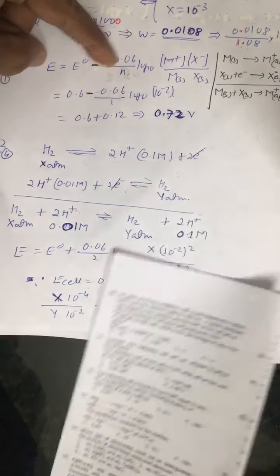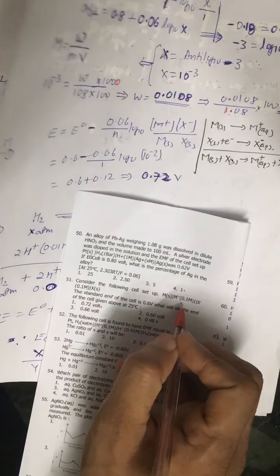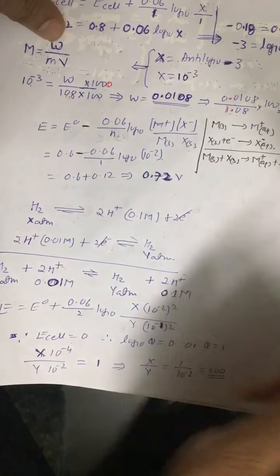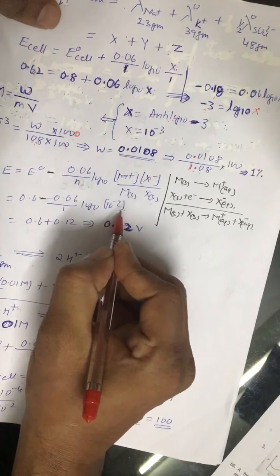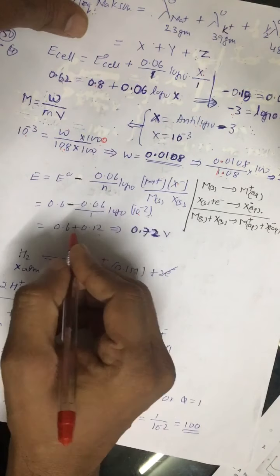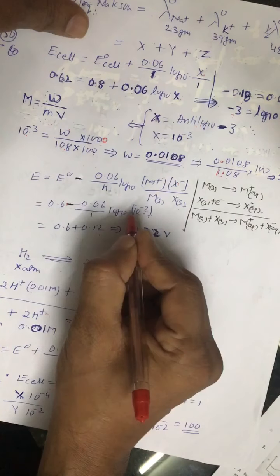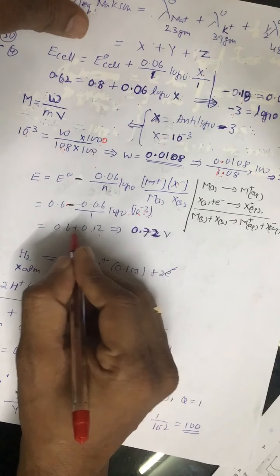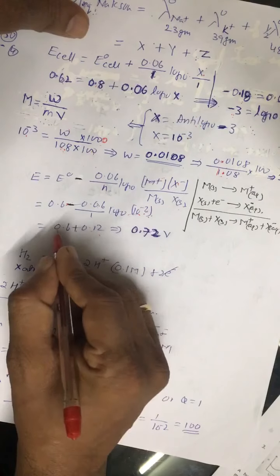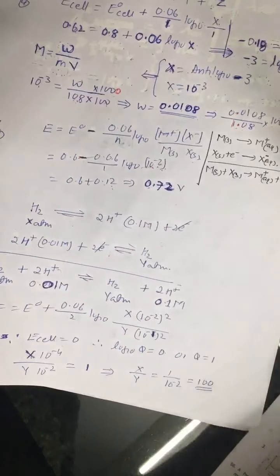Now see, this is 0.06 and M positive concentration is 0.1 and X negative is also 0.1. So 0.1, 0.1, 10 raised to the power minus 2. Alright, and when you solve this much portion, you get minus, this negative sign is already there, and minus 2 log of 10 raised to the power minus 2 is minus 2 into 0.06. So it is minus minus, it becomes positive. 0.6 plus 0.12, it is 0.72. Correct answer is first option.